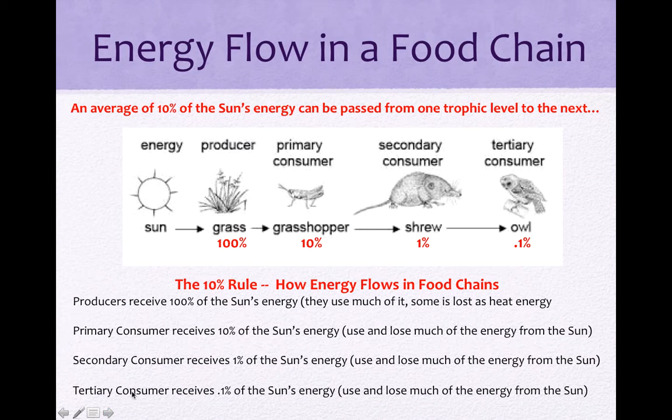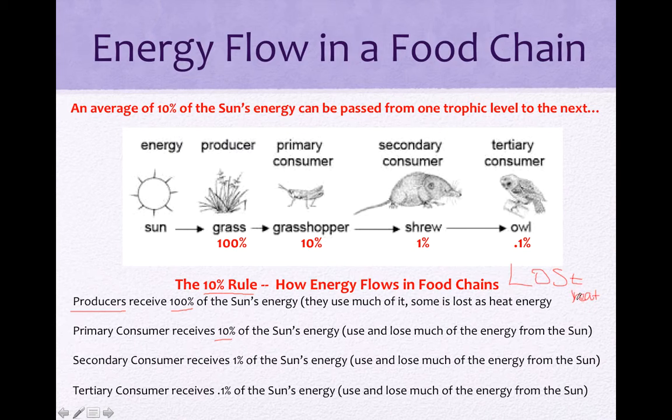Moving on from here, we have something called the rule of 10%. The rule of 10% is saying that 10% of the sun's energy is passed down every single time. And so producers, they receive 100% of the sun's energy. 10% of that 100 is 10%. So the next level up only receives 10% of what is left. And so that rule of 10% tells us how much energy is pretty much lost as heat